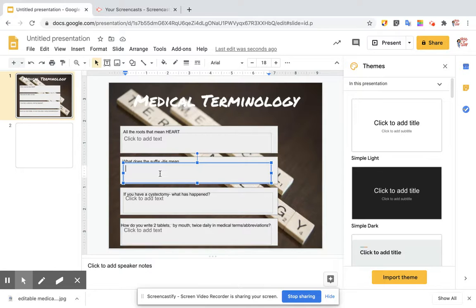Again, I just attach this to a Google Classroom assignment. I make sure to click the drop-down arrow that says make each student a copy so that they're not editing my